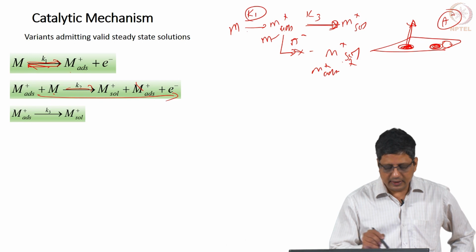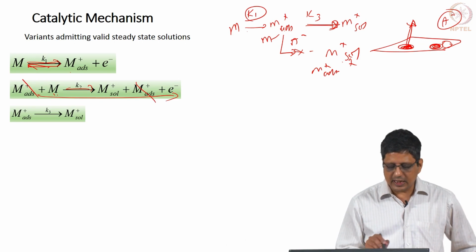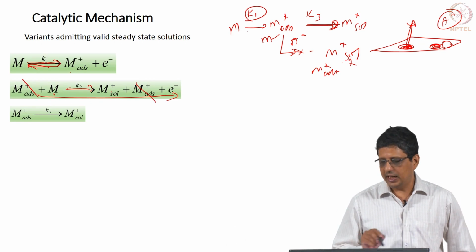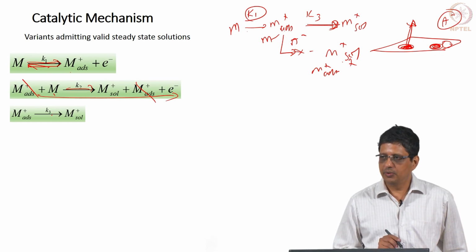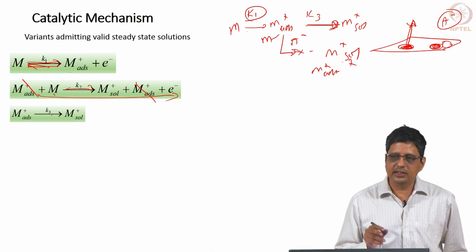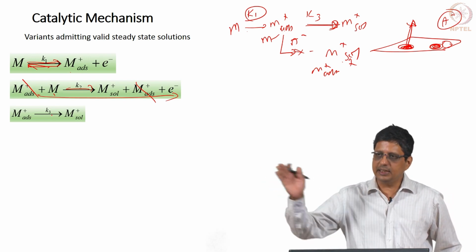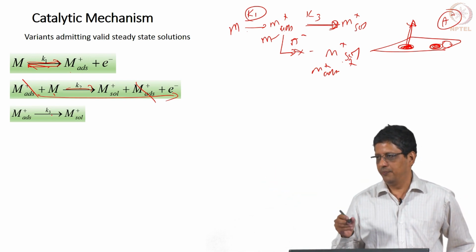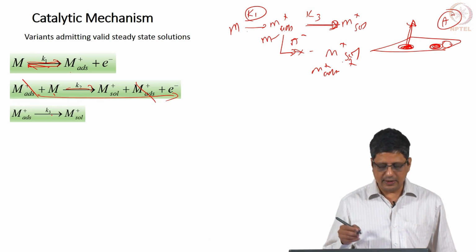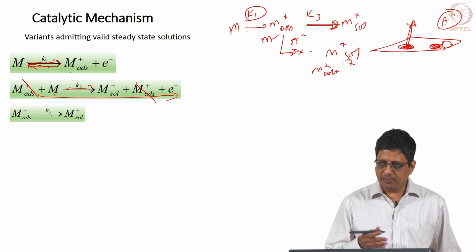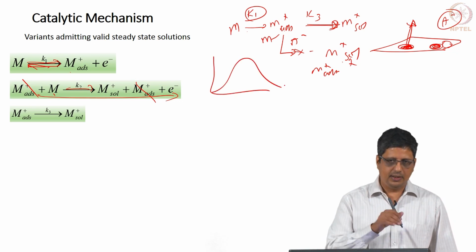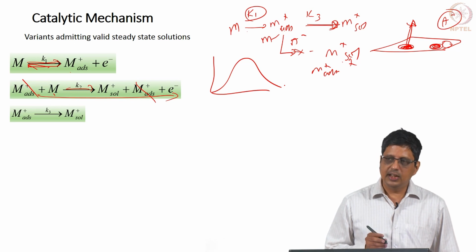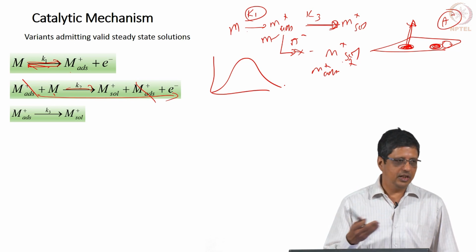So, net, if I just do the algebra and cancel this out, it is like M going to M in solution with an electron. This also will give you a steady state solution, meaning a steady state solution where theta is not 1, where current is not 0 for reasonable values. If you go to extreme values, of course, current will go towards 0, but it will not be settling at 0. So, again depending on the kinetic parameter values, you will get current like this, you will get negative resistance. So, it is possible to explain negative resistance by different types of mechanism.